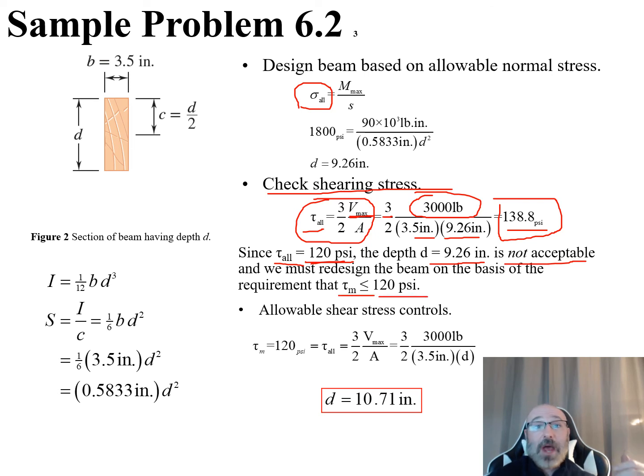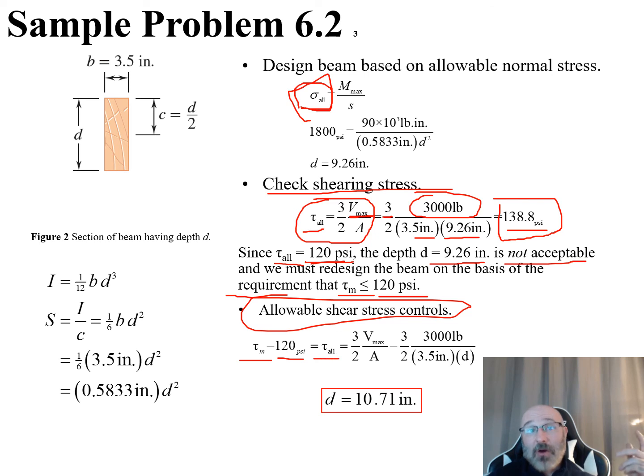So that's where we can go backwards now, and rather than starting with our normal allowable stress, we start with our shear allowable stress. Redo that, so our tau allowable, our allowable shear stress, is equal to 120 psi. So this is 3/2 times our V max, which is 3,000 pounds, over our area. The one thing in our area we don't have now is this D, so we can back out our D based upon that 120 that they gave us. So in this case, our D is 10.71 inches,